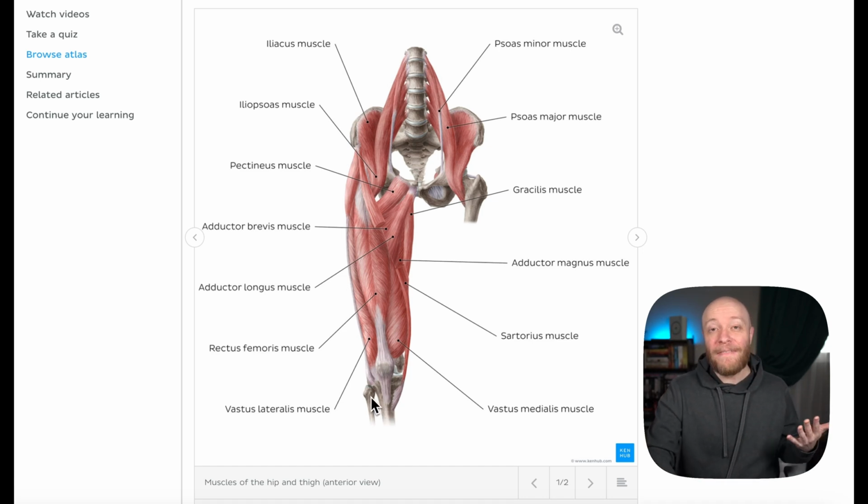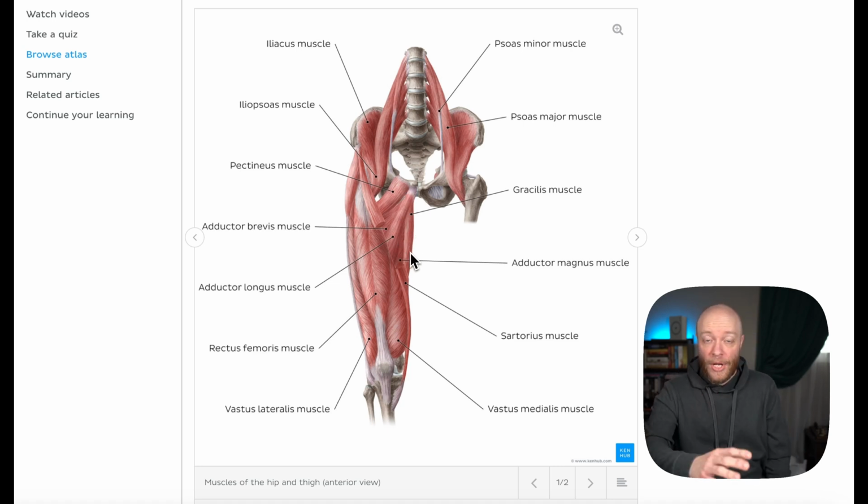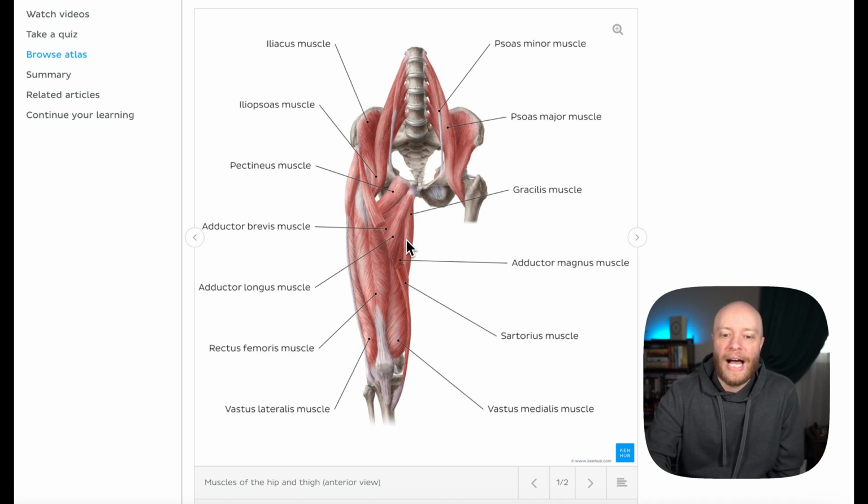The point here is it's a very, very long muscle, and it's going again from your hip all the way down past your knee. But we've cut it so then you can see some of the deeper musculature in this medial thigh. So let's talk about it, because in the medial thigh, we find a separate muscle group called the adductors. Now, their real name is the medial thigh compartment muscles, but the adductors is a great name for it